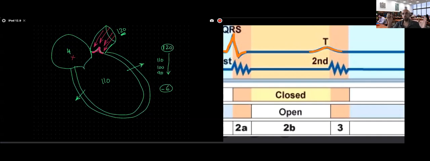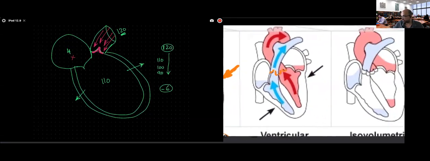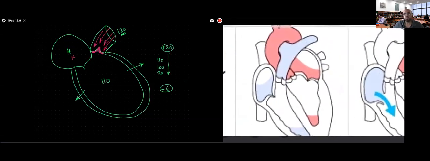So now which valve is open, which valve is closed? Both of them are closed. So I'm relaxing, but both of them are closed. Will there be any blood moving into the ventricle? What do you think? Would there be any blood moving into the ventricle? No. AV valves are closed